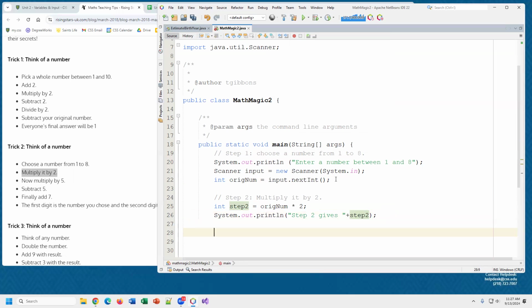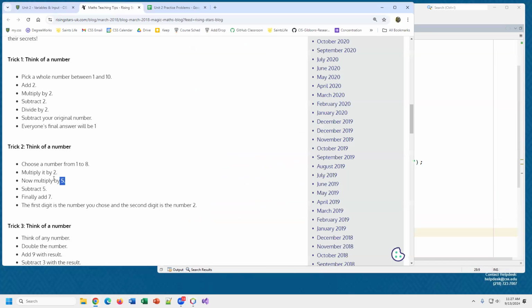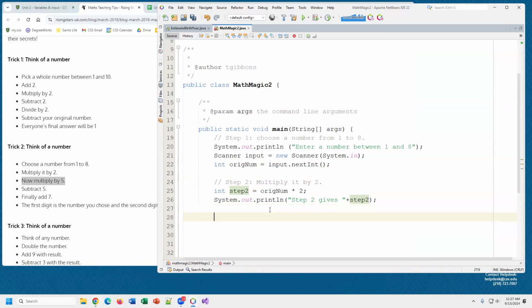And then I go on to step 3, which is to multiply by 5. So again, I'm going to go down. I might want to put in a comment. So step 3 is to multiply by 5. So again, I want to do a new variable here. And you'd think maybe I do the same thing as before, the original number times 5, but that's